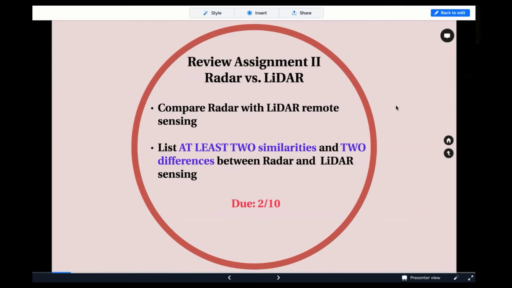Here I'm only saying at least two because I figured it's easy to come up with two, but you can do more. It also depends on how you break up the information into different items. This one is due Wednesday next week, so 10 days from today. And actually, if you focus on the names radar and LiDAR, I feel like you have probably already noticed one similarity. They both have the DAR. So what does that mean? That's actually a very important similarity. So we'll